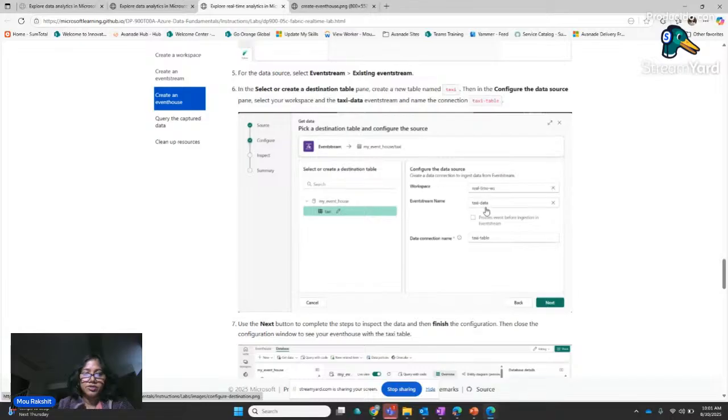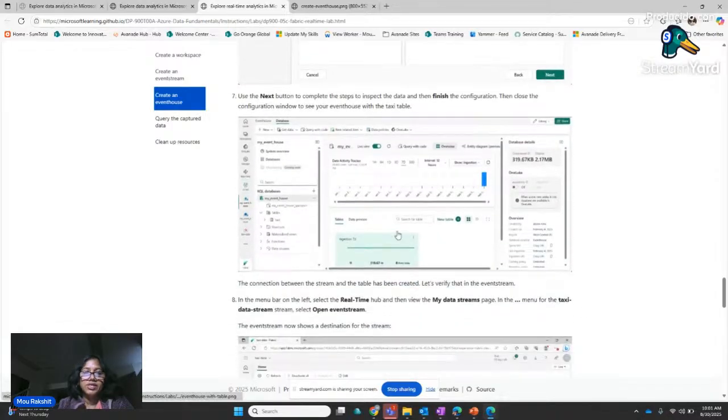So here you're saying your event stream name, and your connection name is this taxi table that you created earlier within this workspace, and go ahead. After that, you're basically connecting it. Now your simulated taxi data is getting written to your taxi table, which is within the event house. This is your streaming table. This shows the data set size, original, compressed, etc., and as streaming data comes in every day, it shows you the volume and the size of those tables.